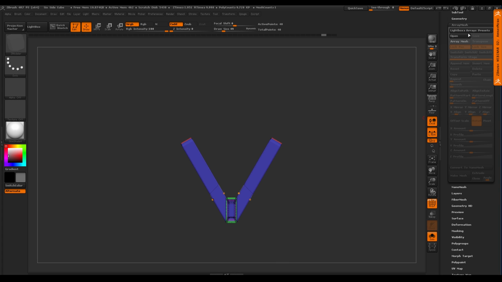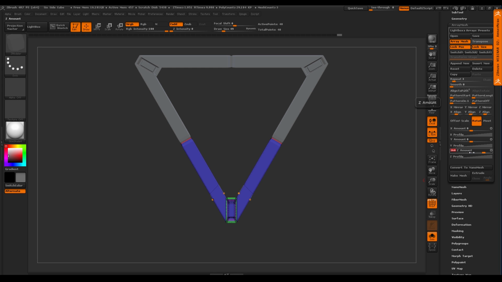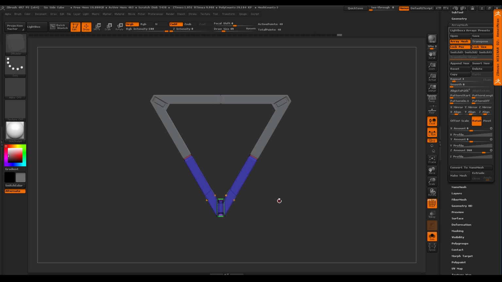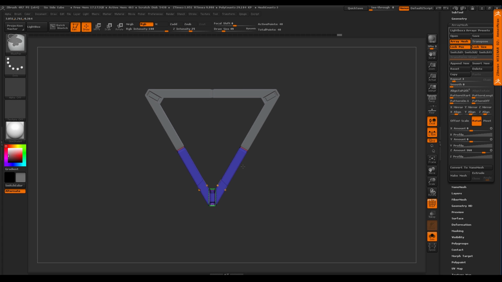And then now what I want to do, let's just go back to our array mesh, and I'm going to say, again, 3, right? I'm rotating around the Z, right? So 360, and then there you go. And now I'm back to my shape, but the beauty is now I've got this portion, okay? And now I can start doing a lot of other crazy things here, right?